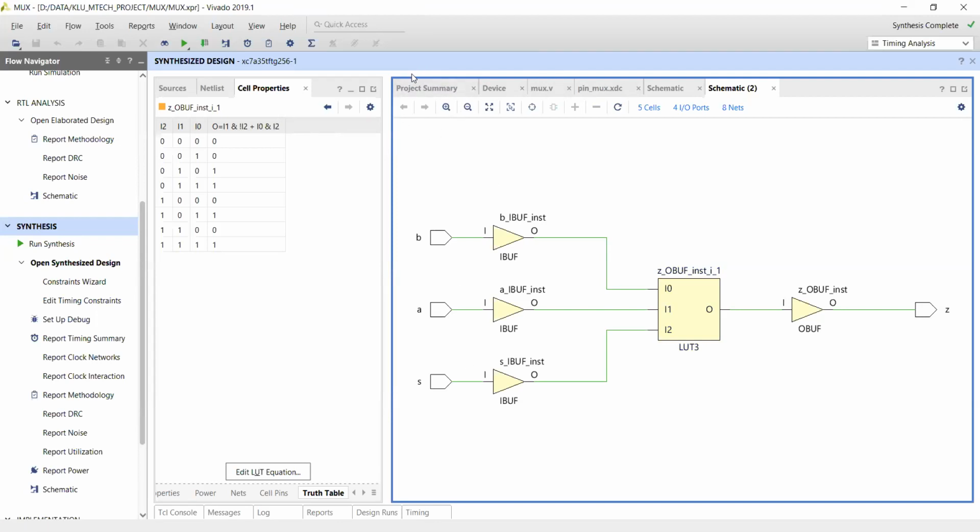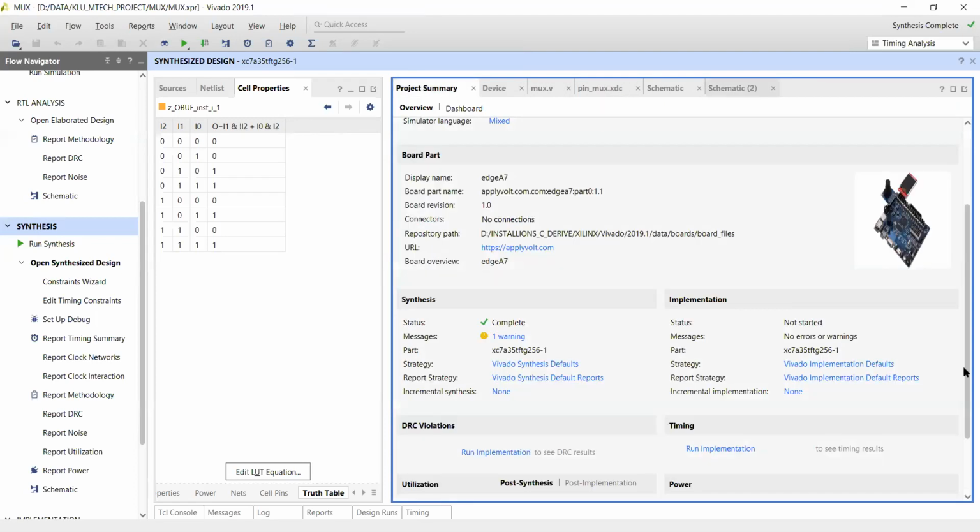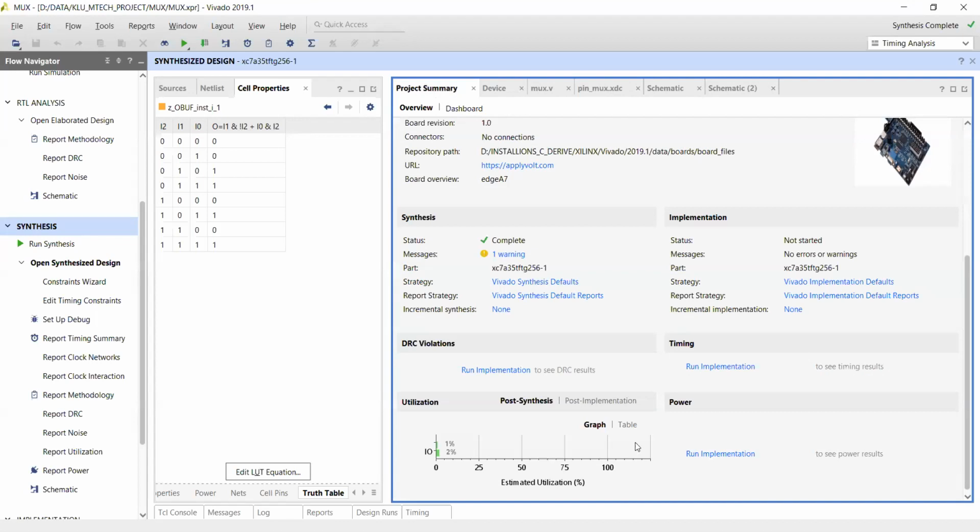So like this, we can see our technology schematics and everything. And in the project summary, you can also understand the utilization. The utilization is nothing but your occupation, or what you can call the entire design space.